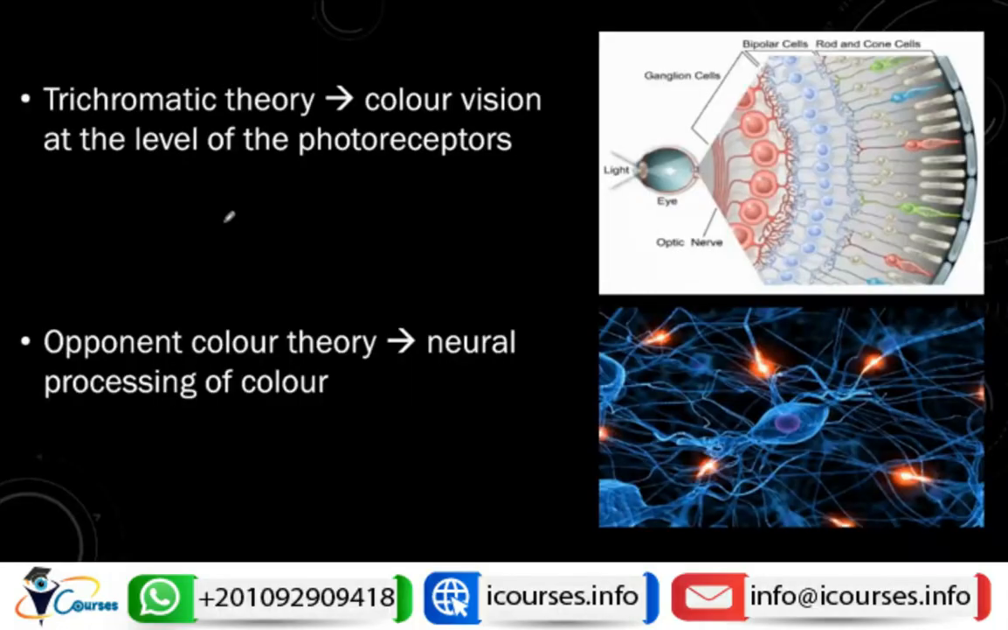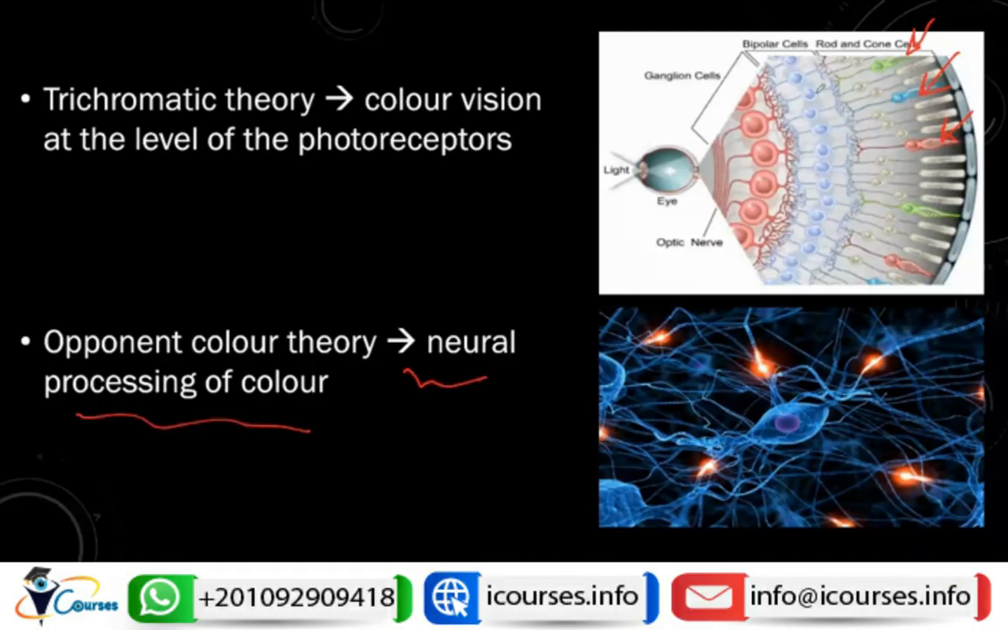It is now the most accepted theory that both theories are correct, but they are just on different levels, meaning that the trichromatic theory can explain the color vision at the level of the photoreceptors. So the trichromatic theory will explain that we have green cones and blue cones and red cones. So they will receive the blue color or green color or the red color. And the opponent theory can be used for explanation of the neural processing of the color,